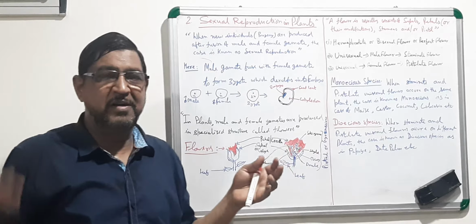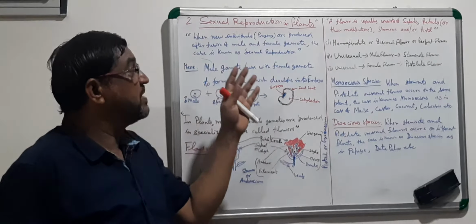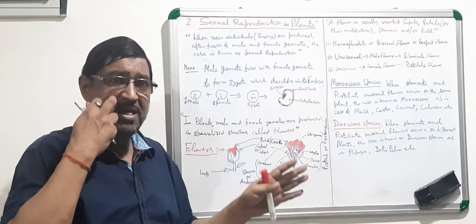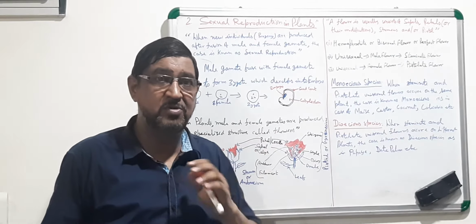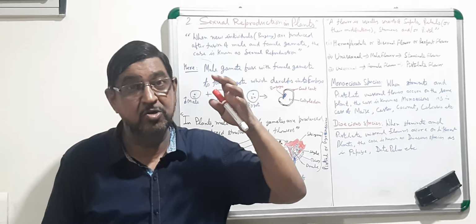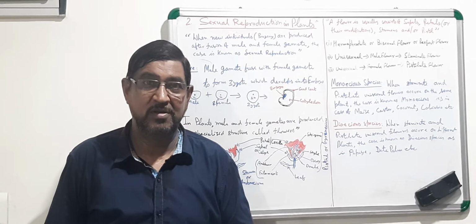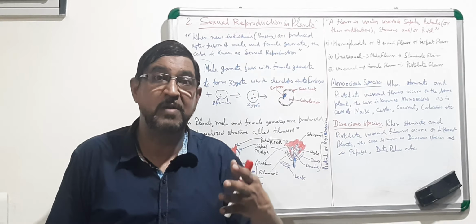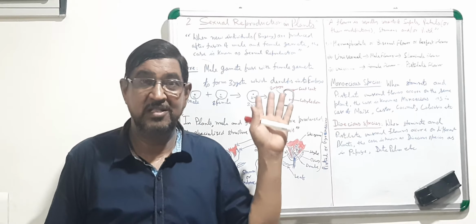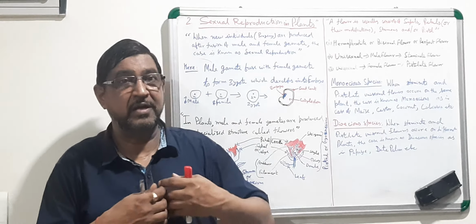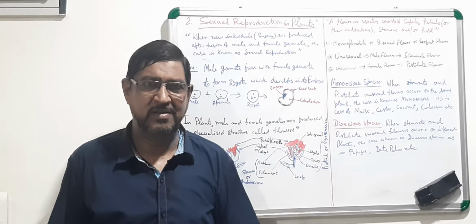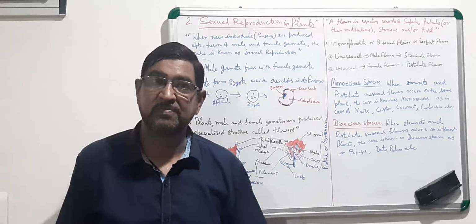So this is the beauty of understanding the sexual means of reproduction in plants. The same thing applies in animals and in human beings. If you are trying to understand the concept, don't try to learn too much. Try to learn the concept more. Then only you can apply the same principle in animals and human beings also. Otherwise, you cannot apply. If you clear your concept here, you can understand and explain sexual reproduction everywhere.